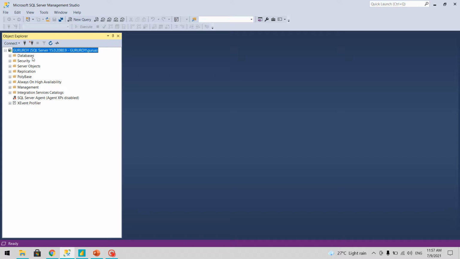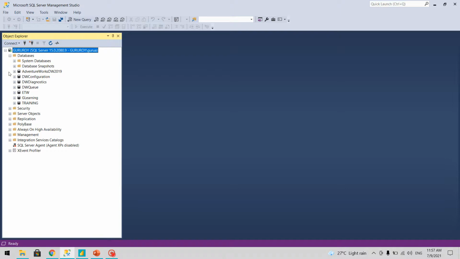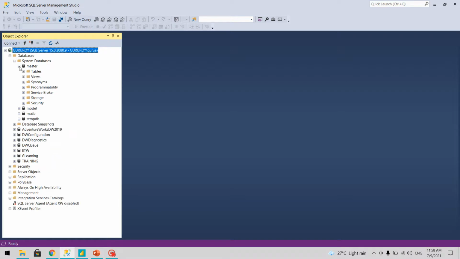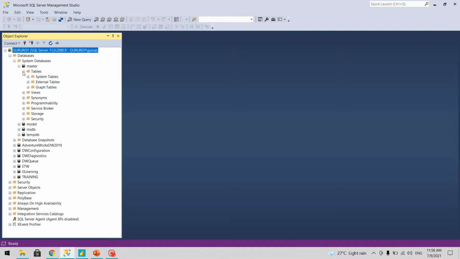The databases contain system databases and the user created databases. The system databases are under the system database category, and you'll see master, model, MSDB and TempDB. Let's talk about these databases in short. The master database is the one where all your security, user credentials and other details are stored, and you'll see a list of objects associated with this.